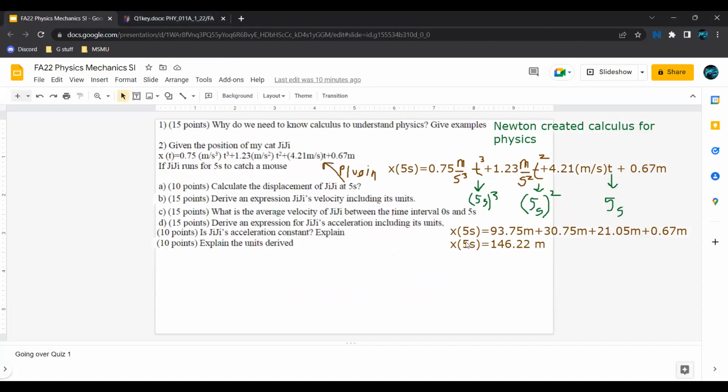And because this is location after 5 seconds, then we need to understand that displacement is delta x. Right? So that means that this needs to be minus t naught. So x at 5 seconds minus x at 0 seconds would equal